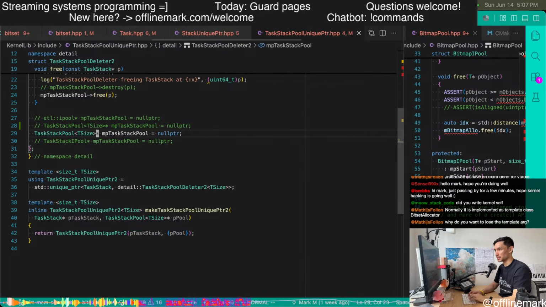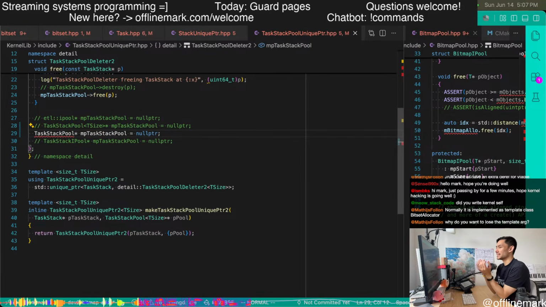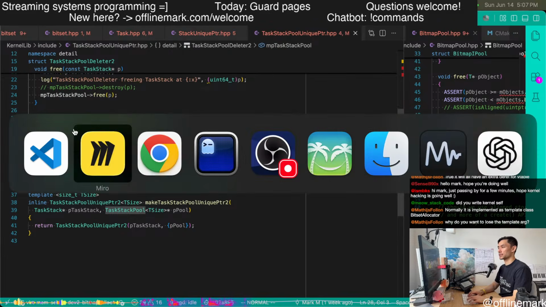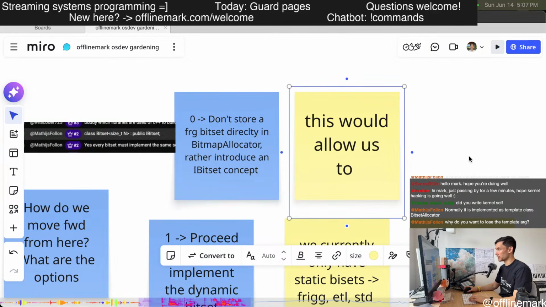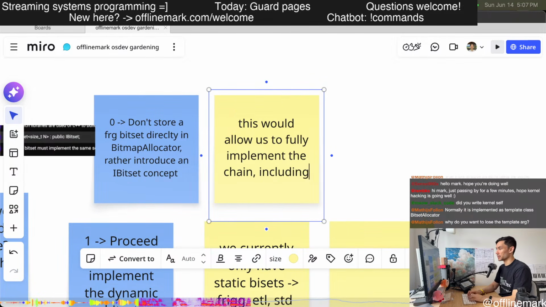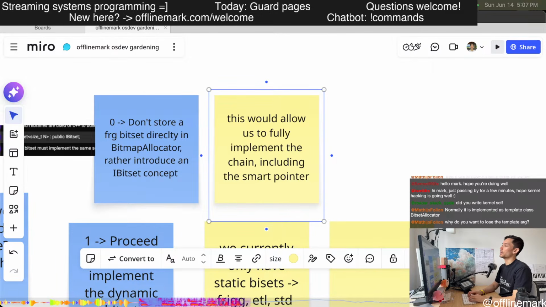It's simply the task stack pool natively does not have a template parameter, and that just works nicely. So that is the suggestion, to fully implement the chain, including the smart pointer.